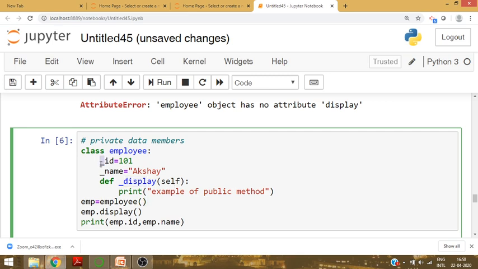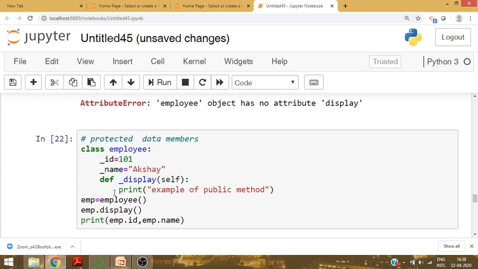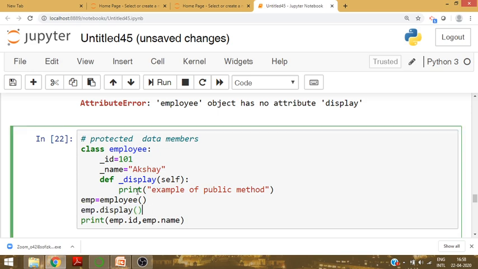And if you write single underscore, then it becomes a protected data member. And if you run this, it will show an error. Why? Because it will not go to the display method, as the display method is a protected method.